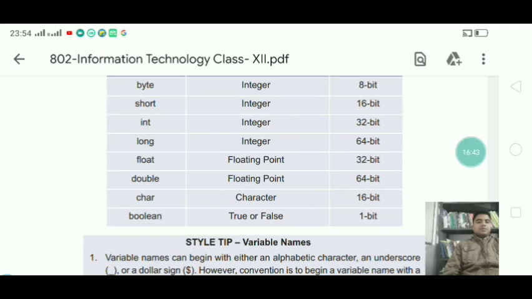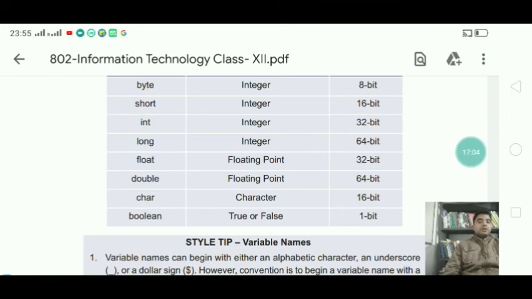So the difference between string data type and character data type is that in case of character data type, we can store a single character, and that character is enclosed within single quotation.